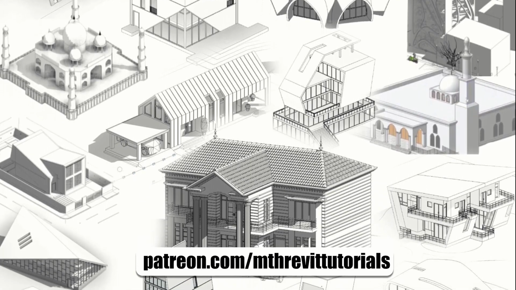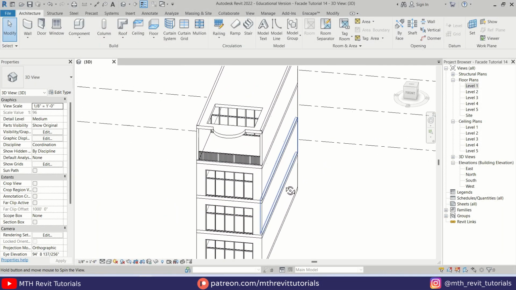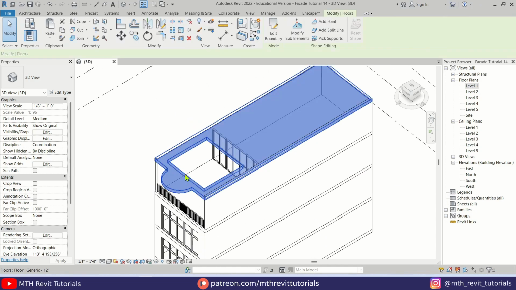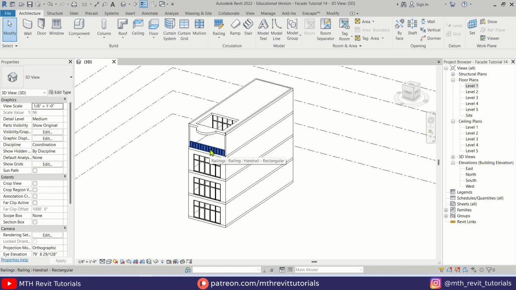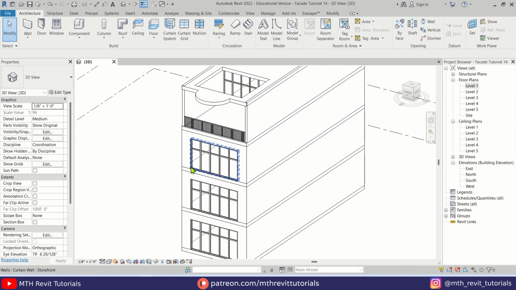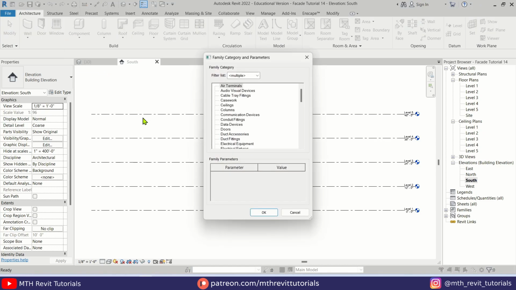Anyway, let's get started. So here I'm in Revit, and as you can see I have this basic building model here. Here I just edited this floor profile and created this opening. Anyway, as I said in the intro, this video is all about model in place tips and tricks. So let's go to the south elevation and select model in place from this drop down, and here just select